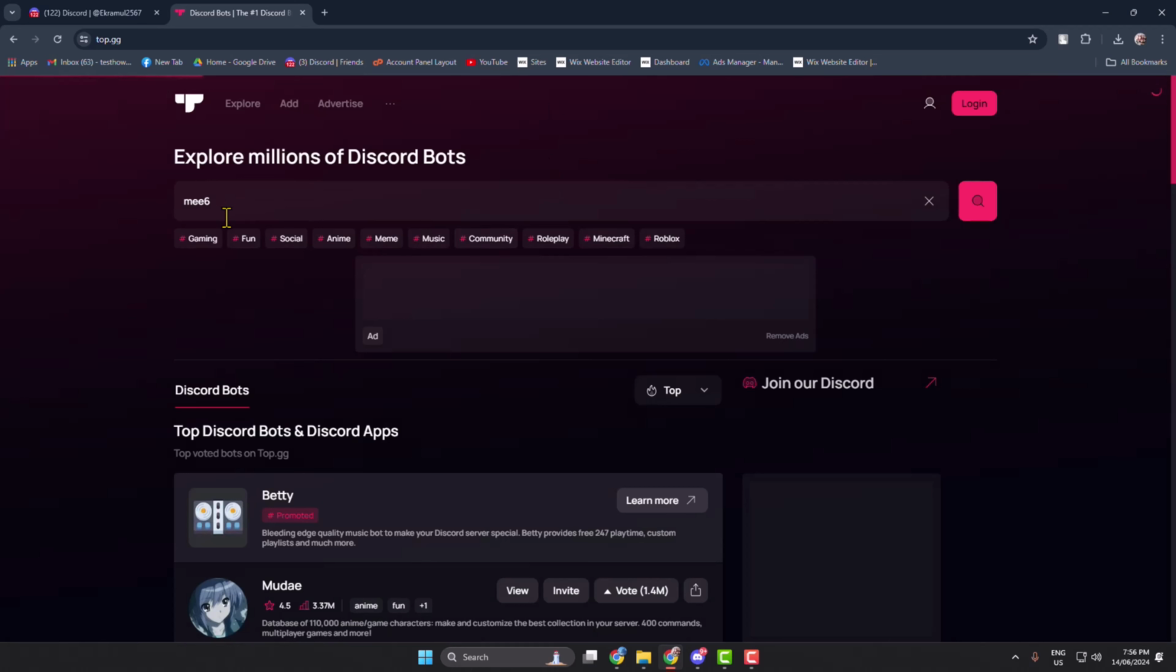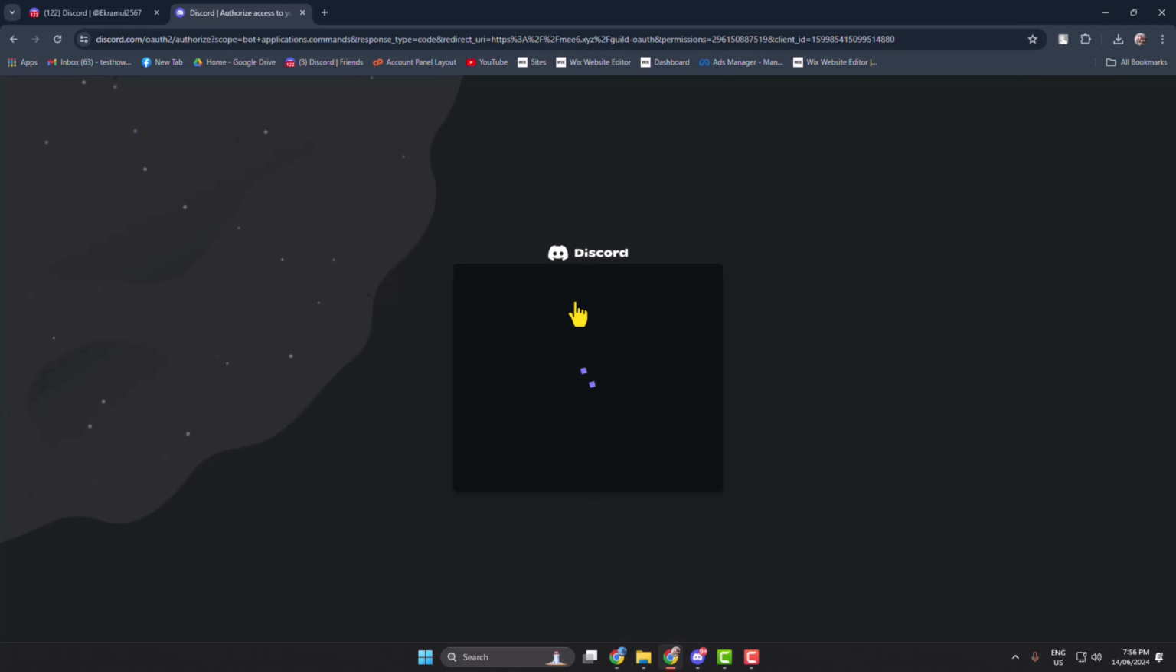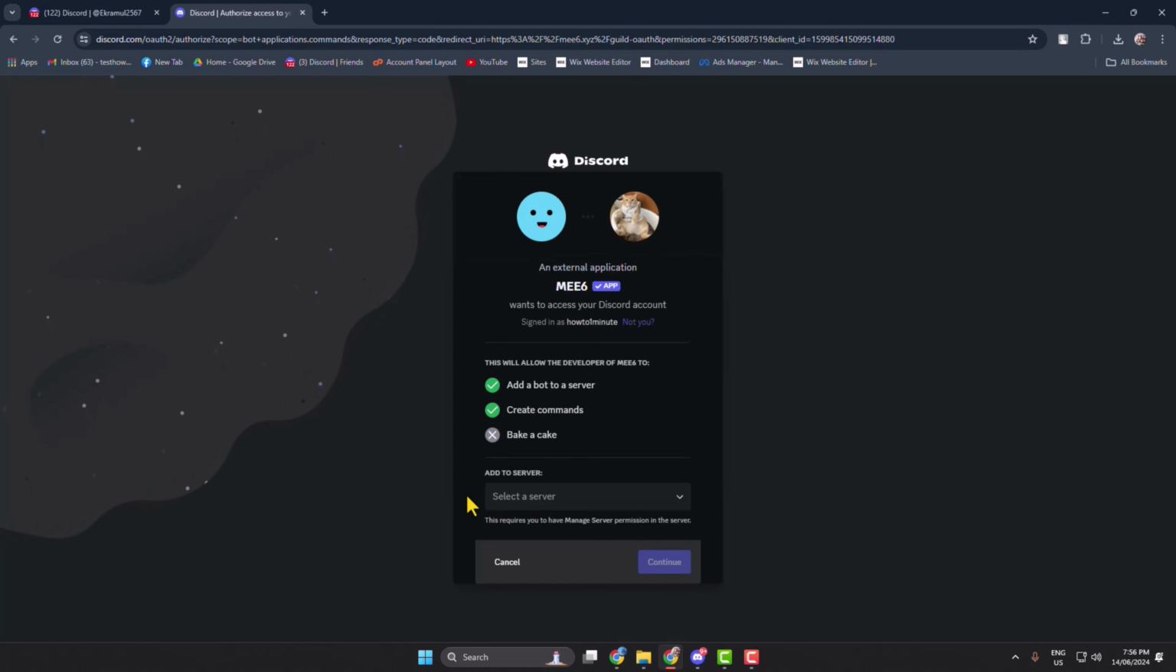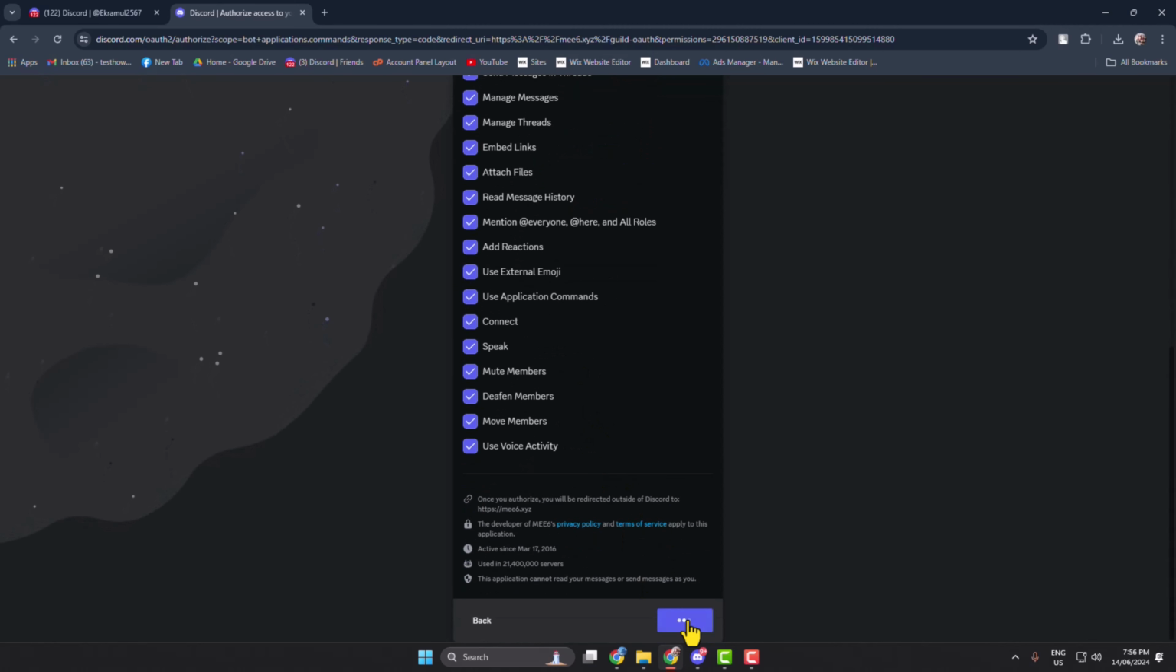So here I'm searching for Mi6 bot, and this is the actual bot we are looking for. So I'm just clicking on invite, and here select the server in which you want to add your bot and just click on continue, and here click on authorize,